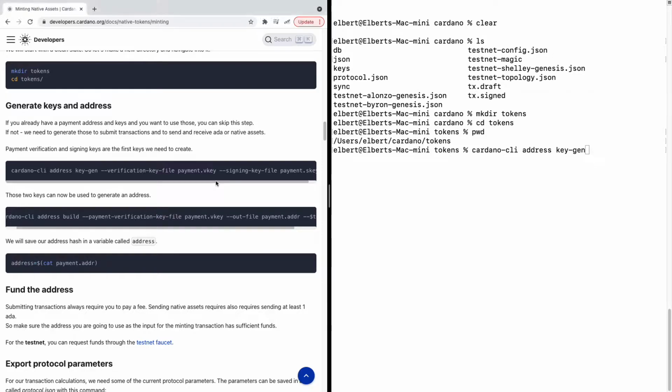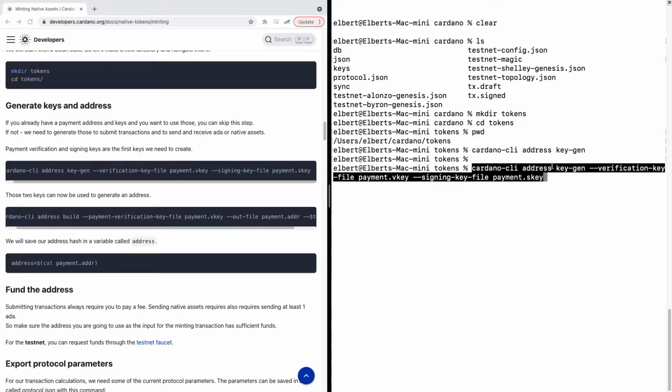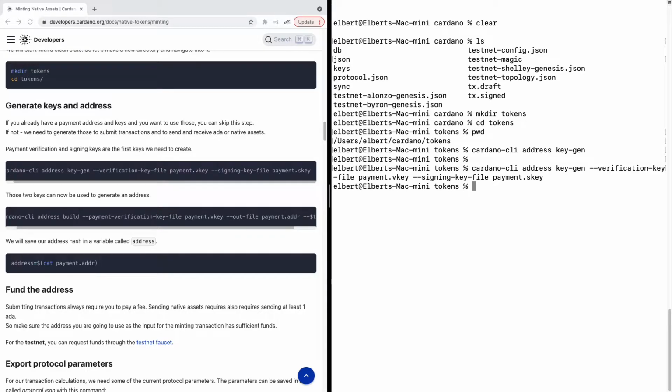I could just literally copy this because it's the same thing. Yep. Okay, so if we do that, we have our two keys here. And then we need to generate a wallet address using those. And we're going to use the V key here, as you can see, and we're going to output it